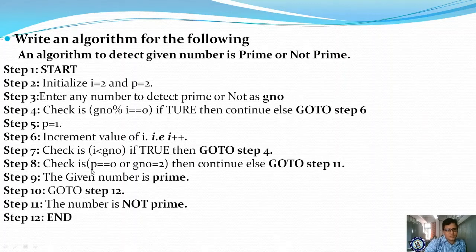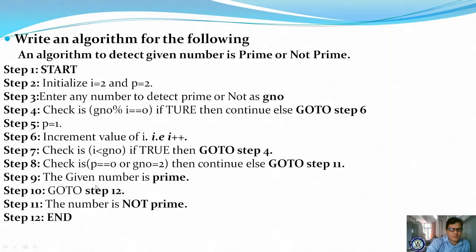It comes here to step 8, but if the condition is true, then where will it go? It will go to step 9. In step 9, the number is prime because 11 is a prime number. We are considering 11, not 8 or 9. Clear? If I take 9, whenever it increments, it becomes 3, 9 % 3 equal to 0. If it is true, then it will skip. It is not a prime number. Got it? So likewise, it will evaluate afterwards.